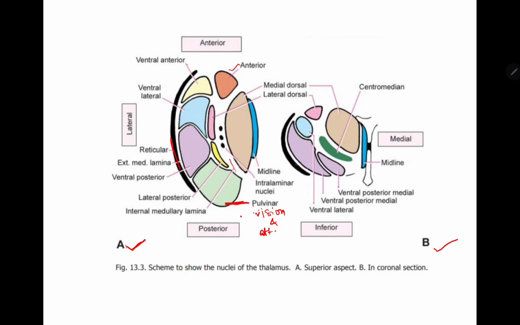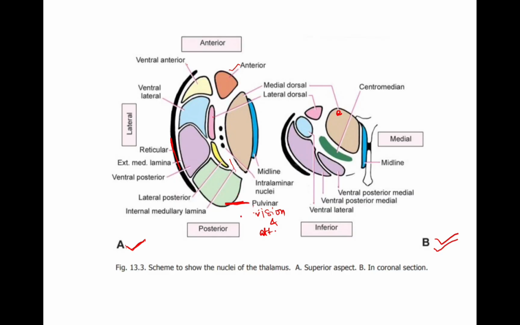Now next comes the front view, which is the coronal section. It shows the thalamus cut from front to back like a bread slice. So you can see medial dorsal here. This is medial dorsal, the gray one here. No, this is actually peach, I guess. The peach color here is the medial dorsal, which is the middle part, and it controls signals of emotions and alertness.